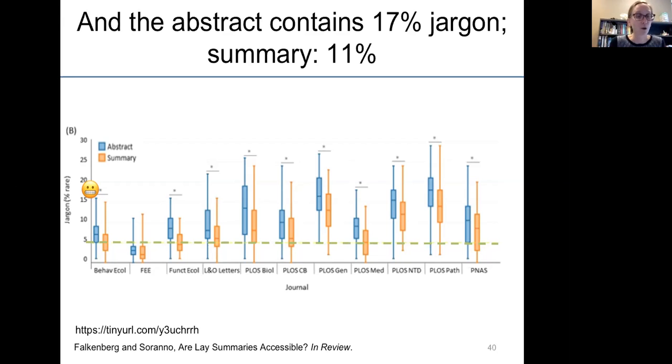It takes a lot of practice. The tiny URL at the bottom of the screen will take you to the summary and abstract that I ran through these tools. So if you're curious to see what I've written that has such atrocious scores, you're more than welcome to look at that.